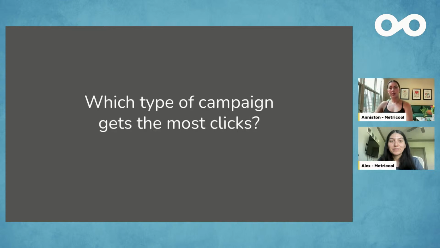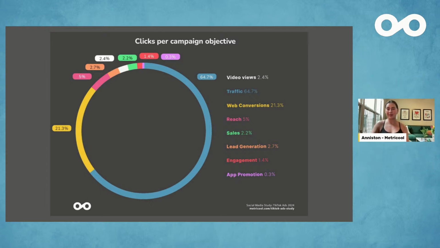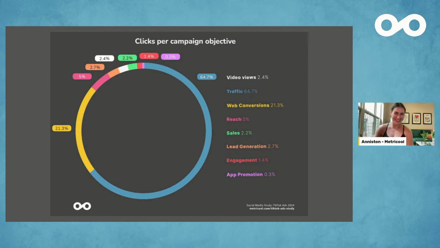And then instead of impressions, now which campaigns generate the most clicks? So from this, we saw that traffic campaigns generate the highest clicks, which once again makes sense